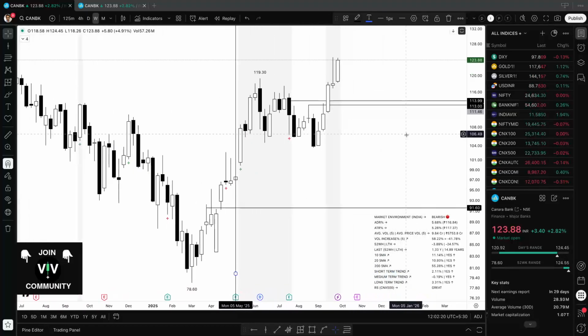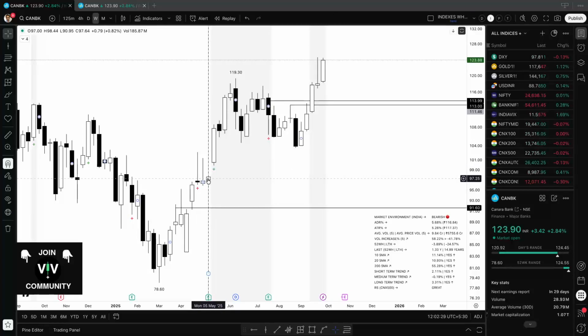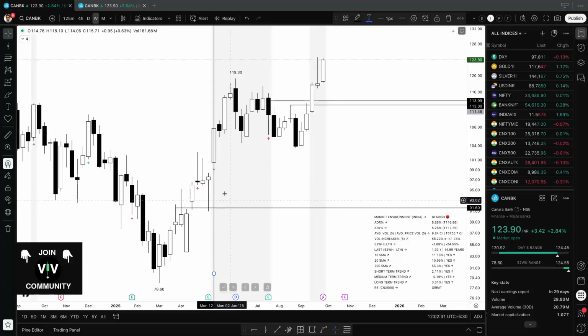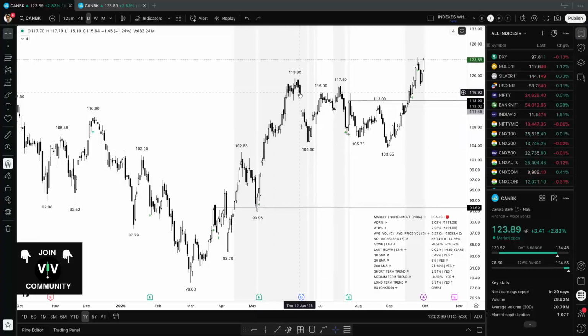See, weekly also got positive at a similar time, maybe next week, Monday, it got positive. So this day it got positive and you had profits. Now how to exit any stock